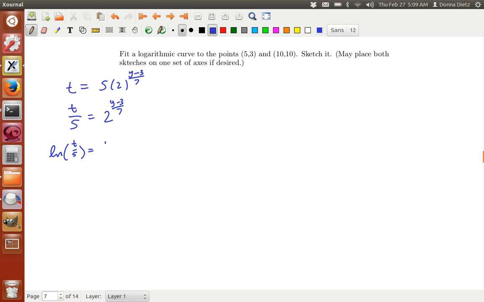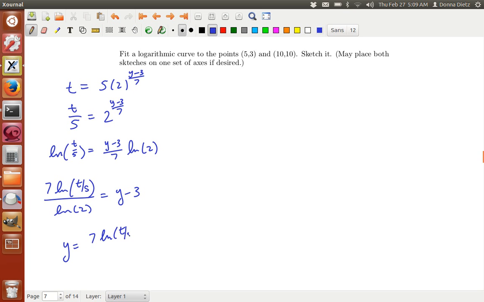Okay, we're going to have something like this going on. So then we're going to have something like this going on. Move these pieces around. Then you have y equals this expression. There we go. I think in